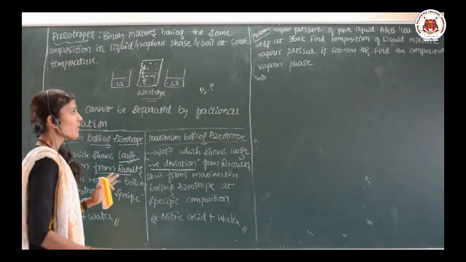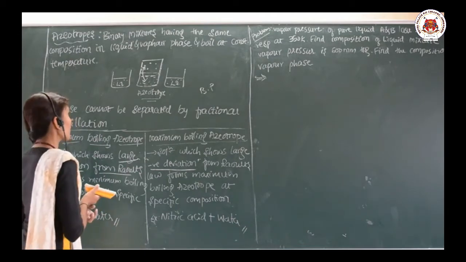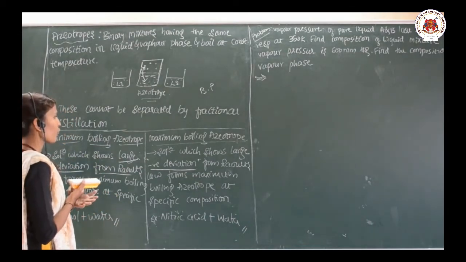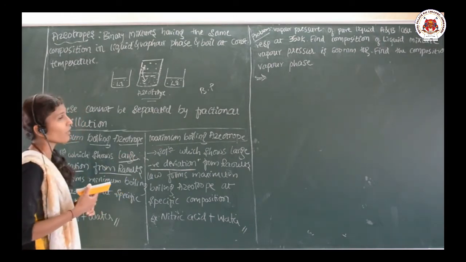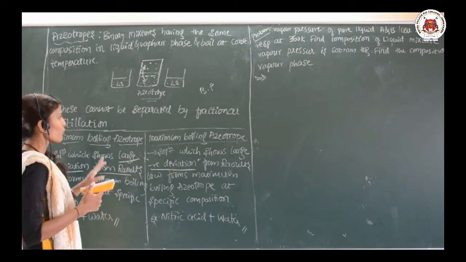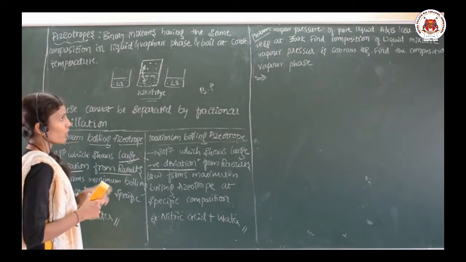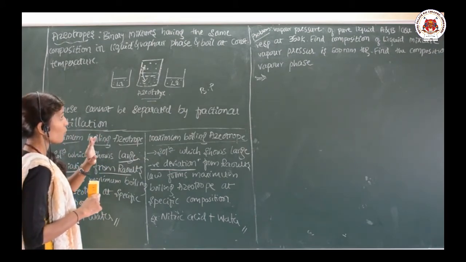Okay. So, keep in mind that many times they are going to ask you what you mean by azeotrope, to give an example, and the difference between maximum boiling and minimum boiling azeotropes with respective examples. So, these are quite important topics. Okay. So, let me go to one problem related to azeotropes.